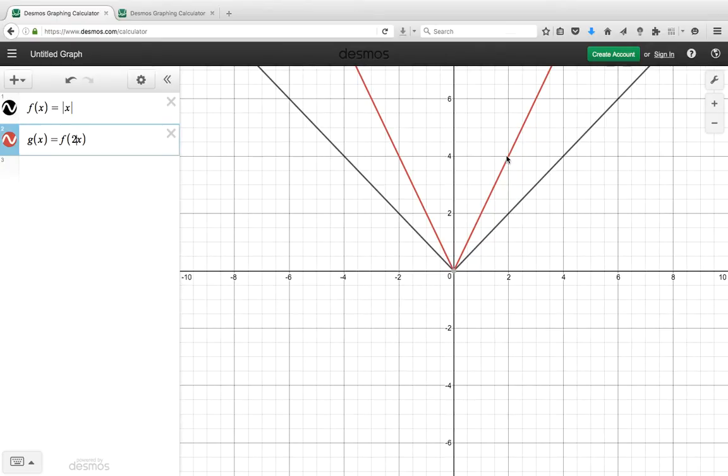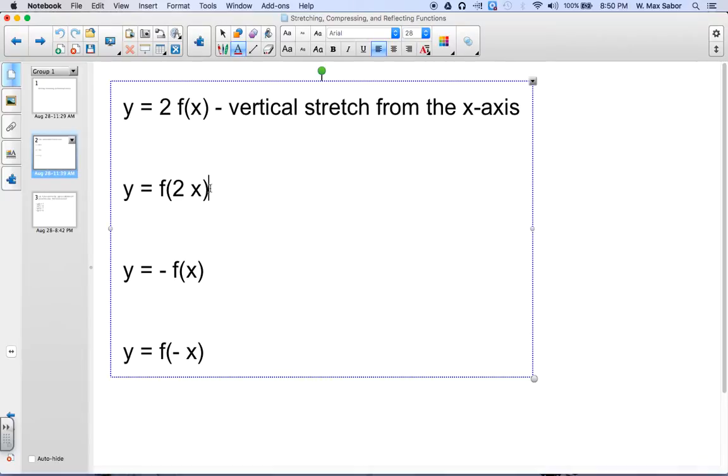So for this particular function, it's not very easy to tell, and you should know that. The 2 times the absolute value of x is the same thing as absolute value of 2x. So in this case, it's a horizontal compression